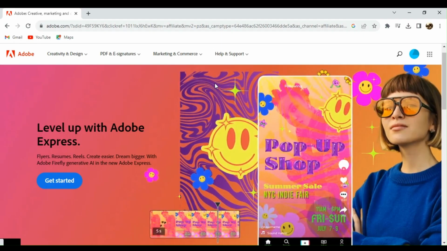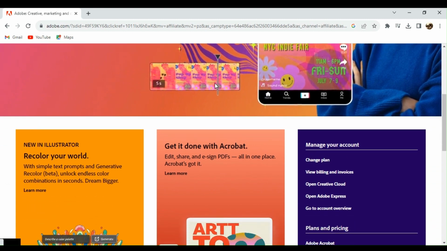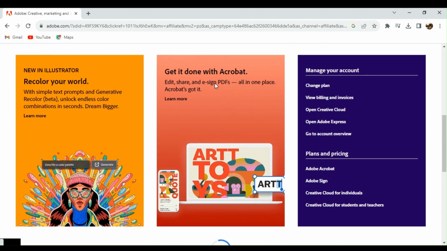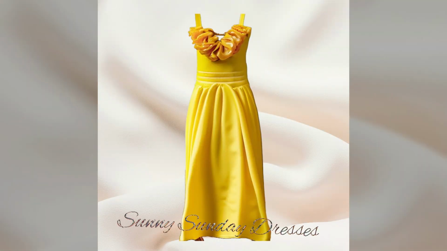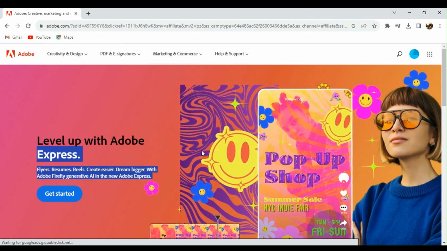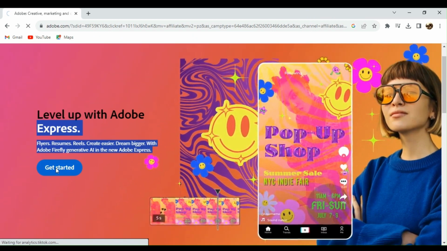So this free Canva alternative is what we call Adobe Express. This is actually free, but if you do also want to use their premium features, then you could also look for their plans. So here's an example of what I did with the free Canva alternative here in Adobe Express. In order to get started, all you need to do is click on the Get Started